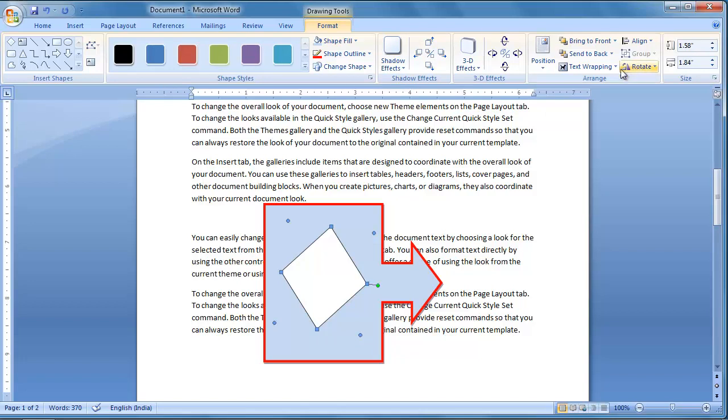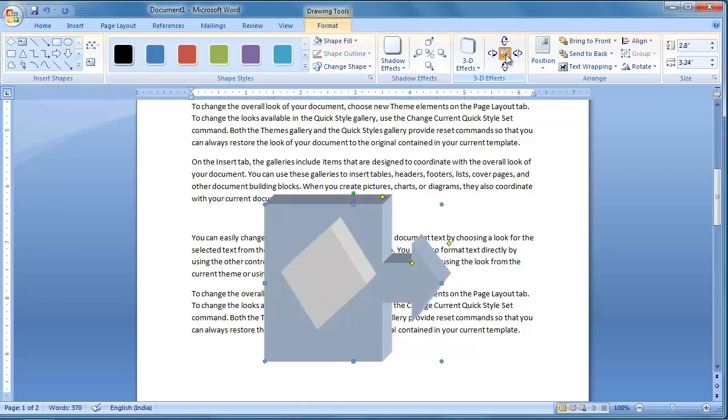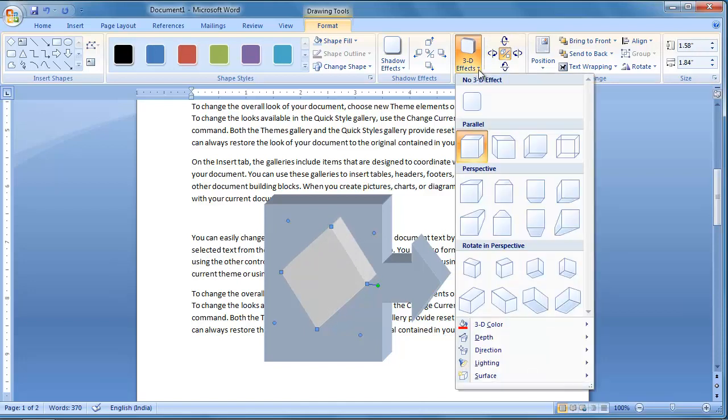Similarly, if you want to have 3D effect, you have to turn on here, 3D on or off. Now we got the 3D effect for this one. If you click here, 3D. This is also direction. You click this one, more 3D effects will get you.